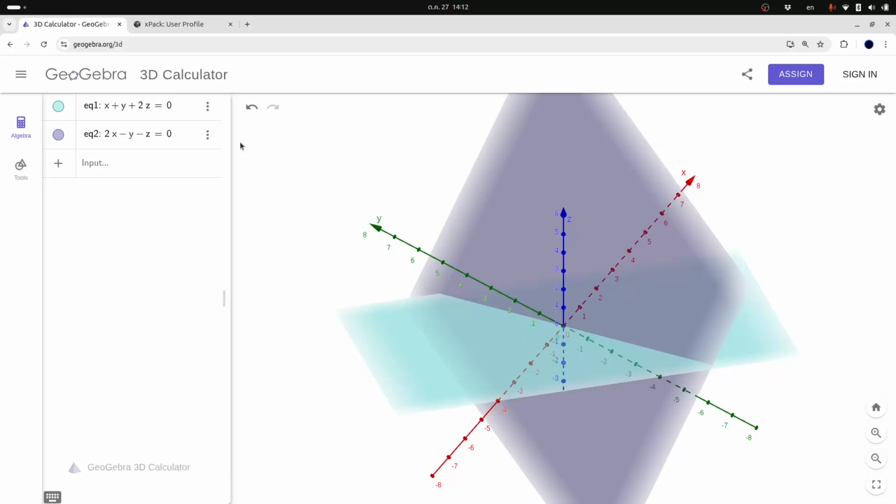So you take the section between these two planes and you get this line. This is the set of all solutions of this system. When you talk about a system of linear equations, you want a point that satisfies all equations. So it's the intersection of each of the sets. So you get a line like that.